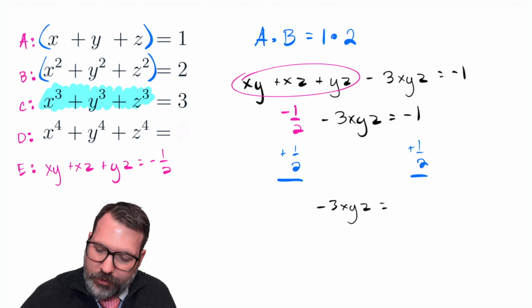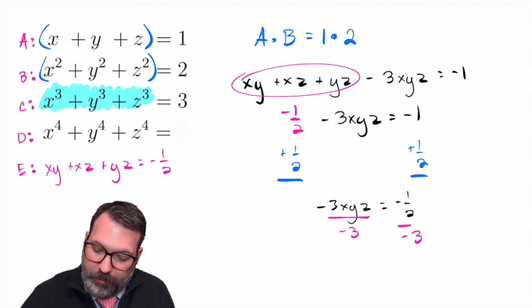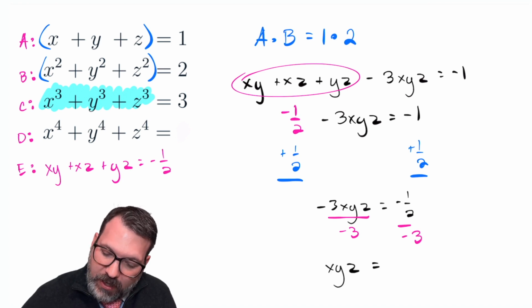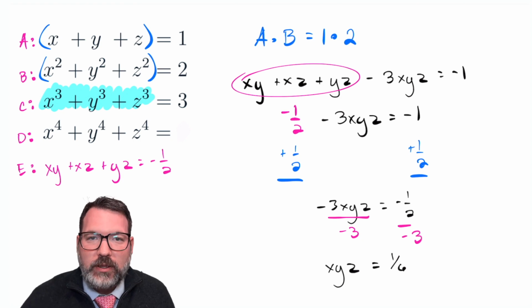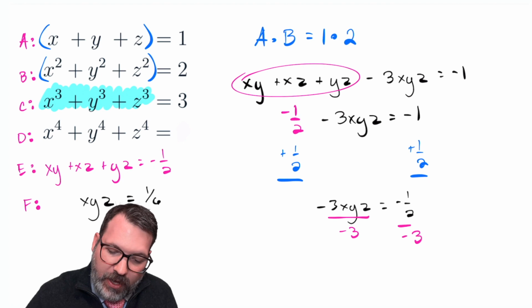-3xyz is equal to -1 plus 1/2 is -1/2, and dividing by -3, or if you prefer multiplying by -1/3, we should get this new piece of information. X times y times z is equal to +1/6. Let's add that to our list over here. We will call that piece of information f, and we are